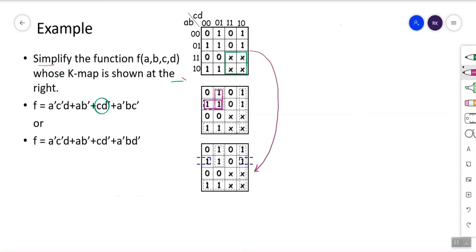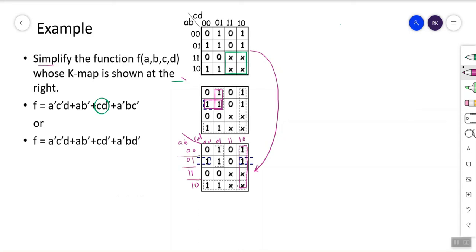First they are making the 4 entry group. The same way you can write here A, B, C, D. This is the 0 0, this is 0 1, this is 1 1, this is 1 0. This is 0, this is 0 1, this is 1 1, this is 1 0.